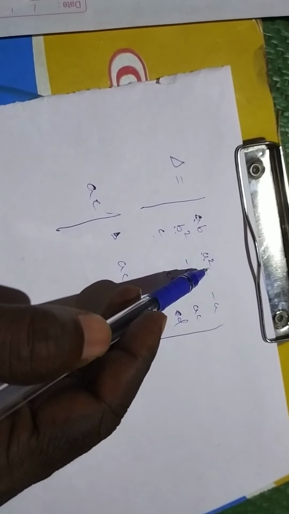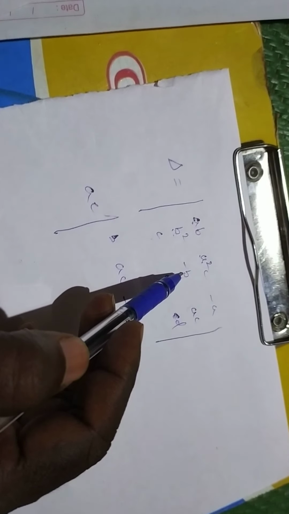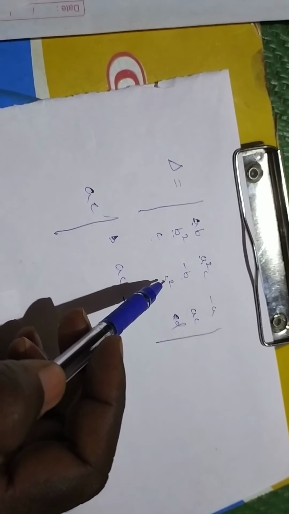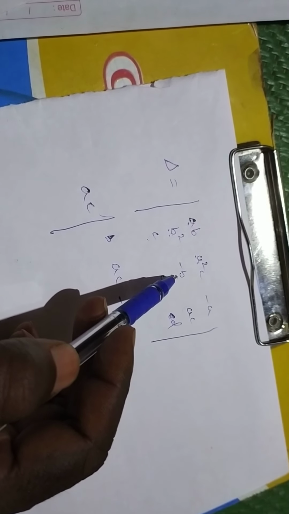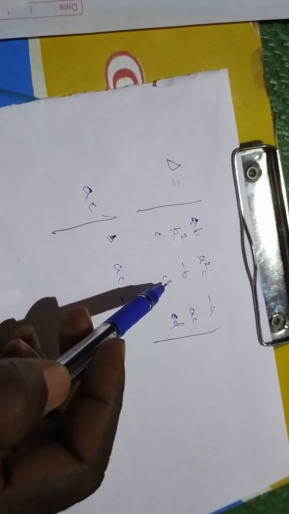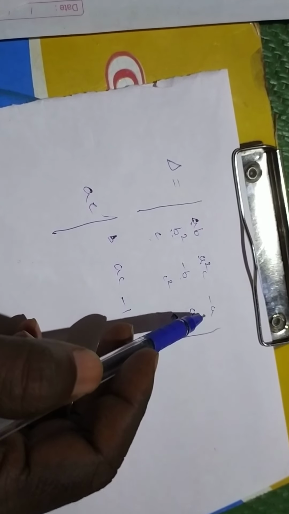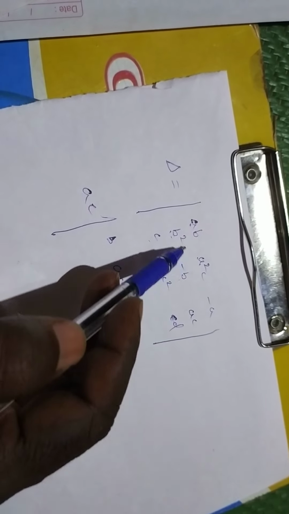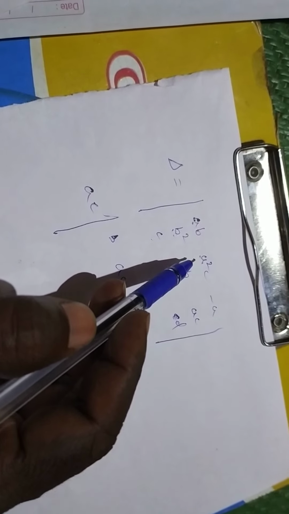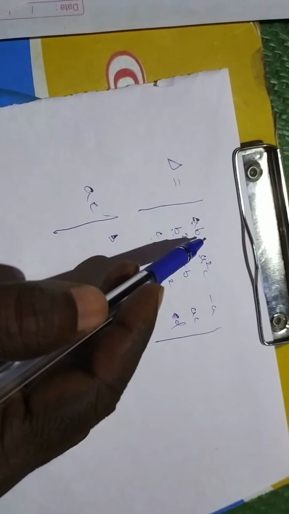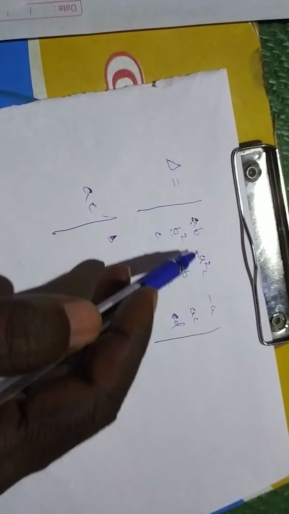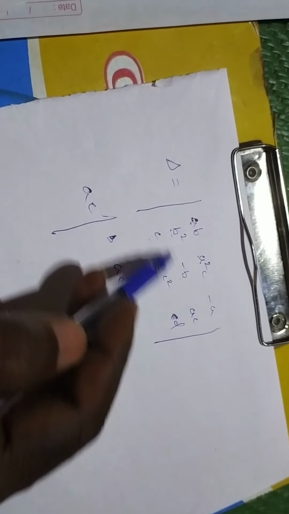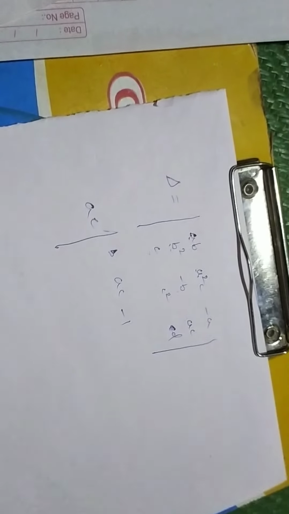Similarly, here a exists, but here a does not exist, hence you cannot take a as a common factor from c2. Here c exists, but in the second element there is no c. Like that, if you want to take any common factor from any row or column, that element should exist throughout the row or throughout the column. In those cases only you can take a common factor from any one row or any one column. Okay, so this is the important note.